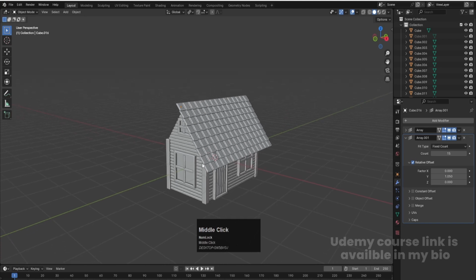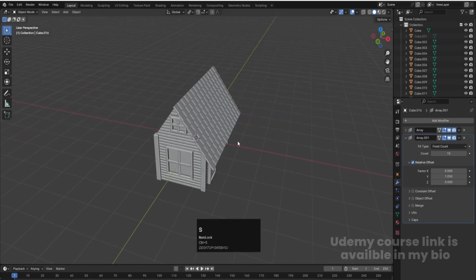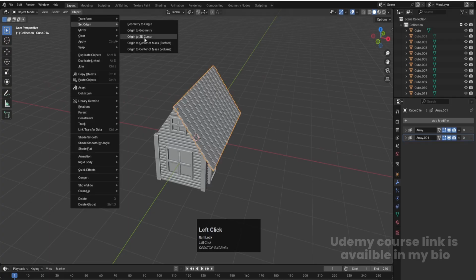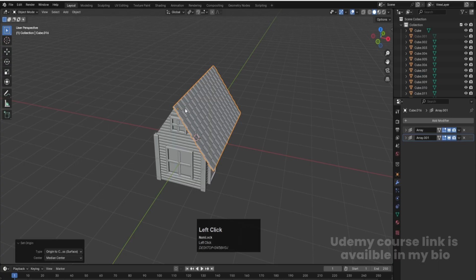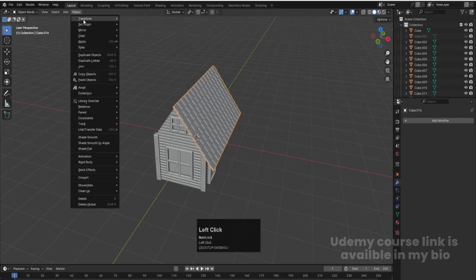If you want to adjust, you can add one extra as well. I'm happy with this one. So let's select this and this and go to the object, and we are going to set origin to center of mass, which is already there. But to adjust it properly, what we need to do is apply this texture. So let's apply, and then we will select this, go to the set origin,